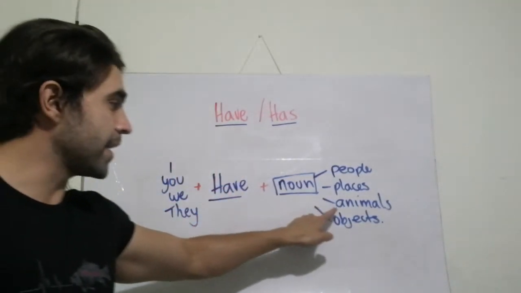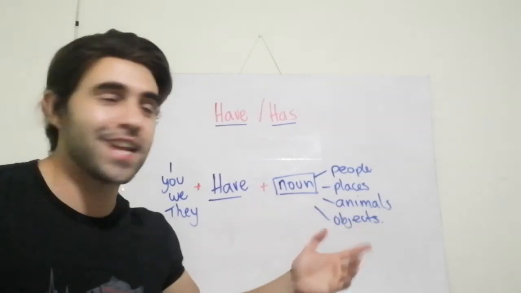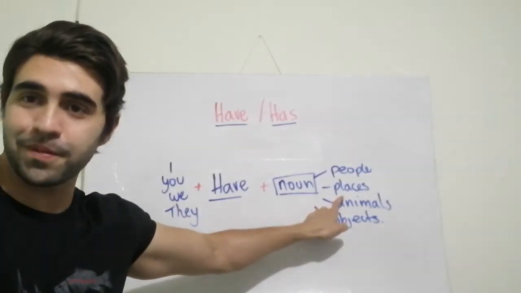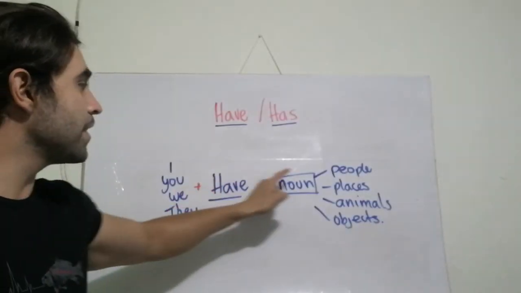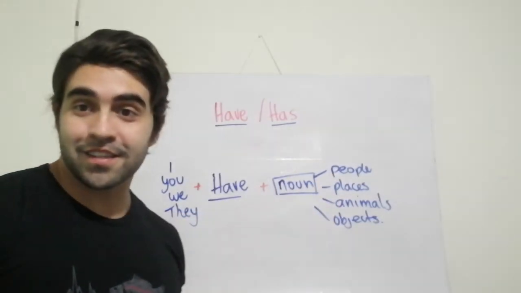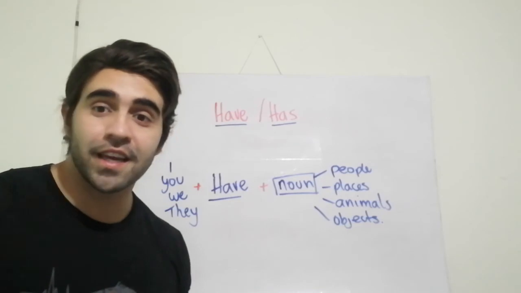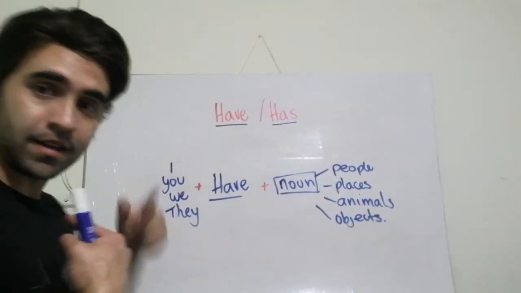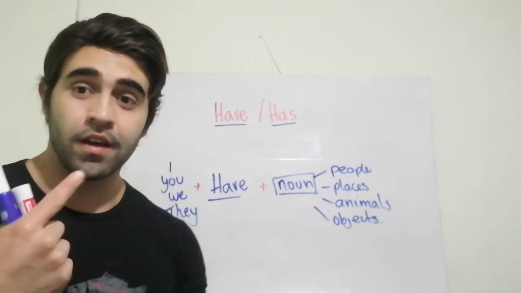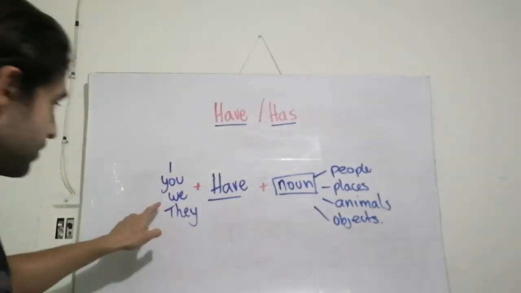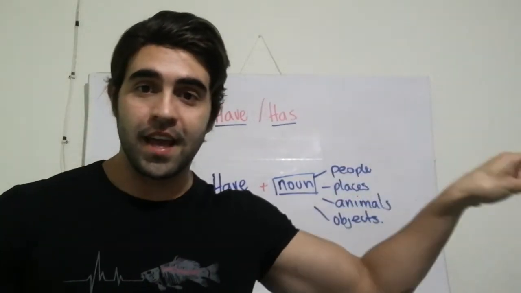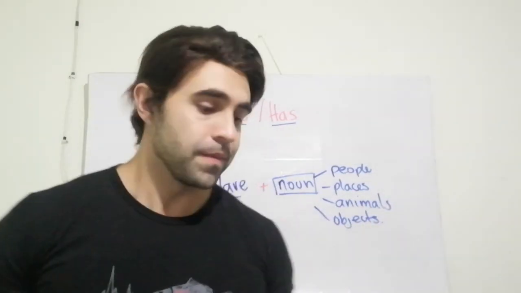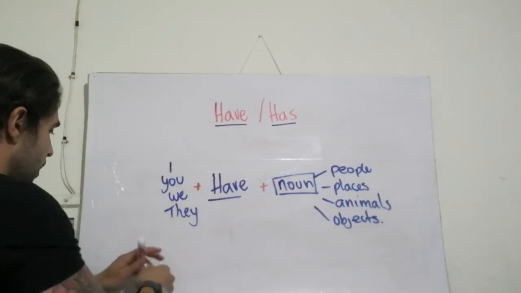I have a dog because it's an animal. I have a house because it's a place. I have a brother because it's a person, because it's people in general. Now we use have with I, yes, I, you, we, that is plural, and they. Yes, you're talking about another group of people. Yes. Now we use